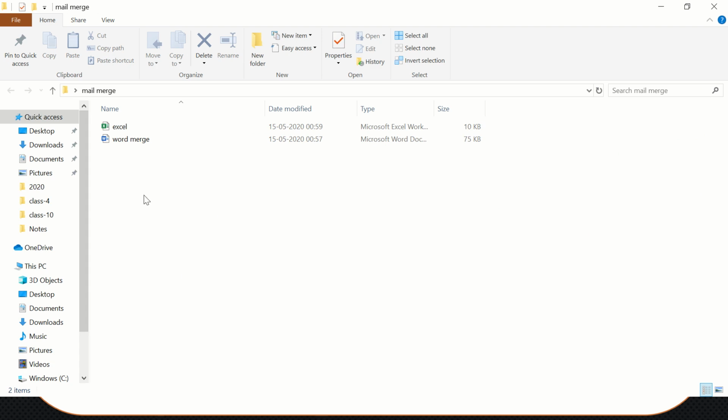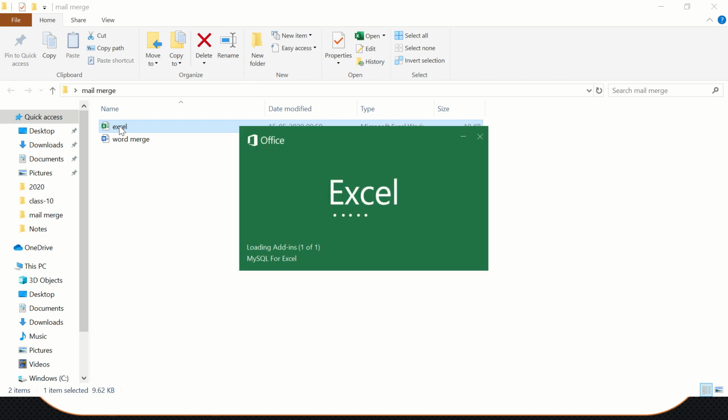One file is Excel and another is Word, and I'm going to merge both the files. First of all I will create the Excel part, in which I will mention the address, name, or whatever distinct kind of columns a letter should have.